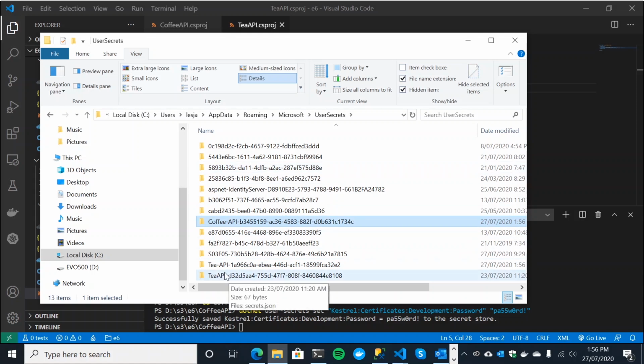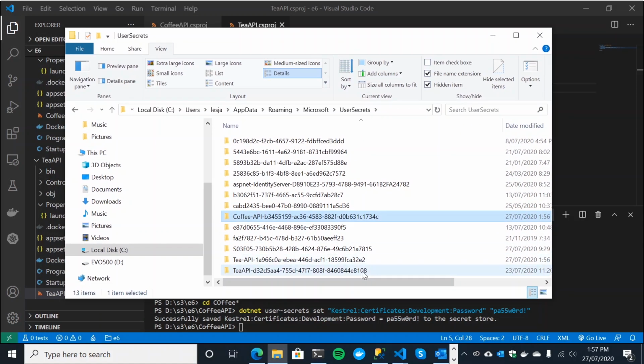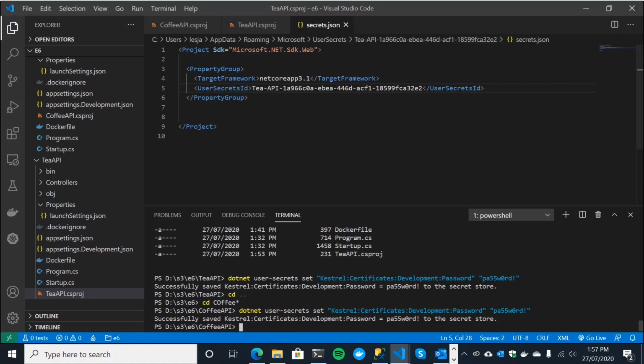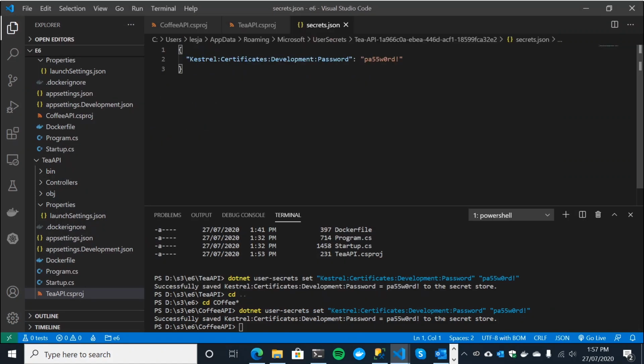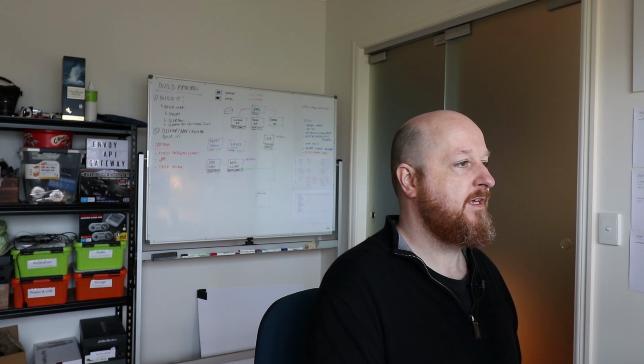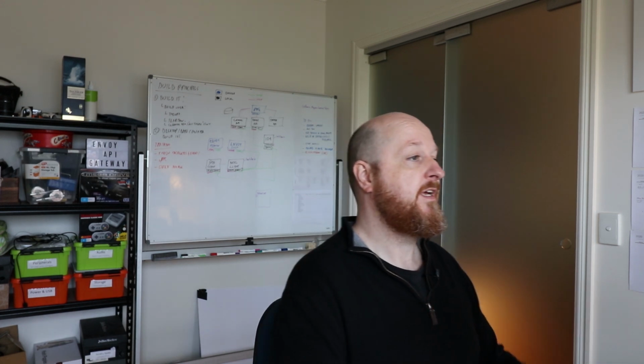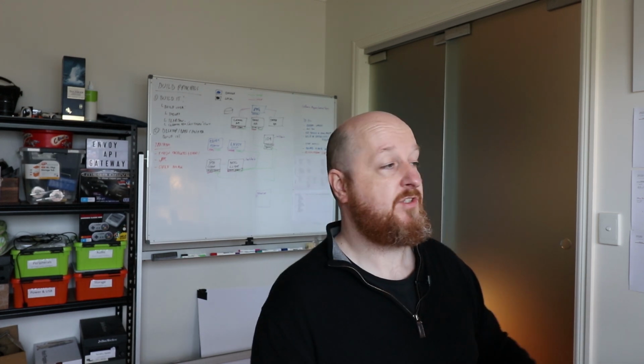Now you can see I have one here, which I think must be for one of the test ones that I've been using, which is fine. So these are the two that I'm after here. If you go in and open one up, you'll see what it looks like. It's pretty simple. There you go. It's just a very simple JSON file. It's not encrypted, and we have the key, which is this nice long verbose path, effectively, to our development password. Cool. All right. So with that, we are now ready to package these up as Docker images and run them and make sure that we have HTTPS enabled.